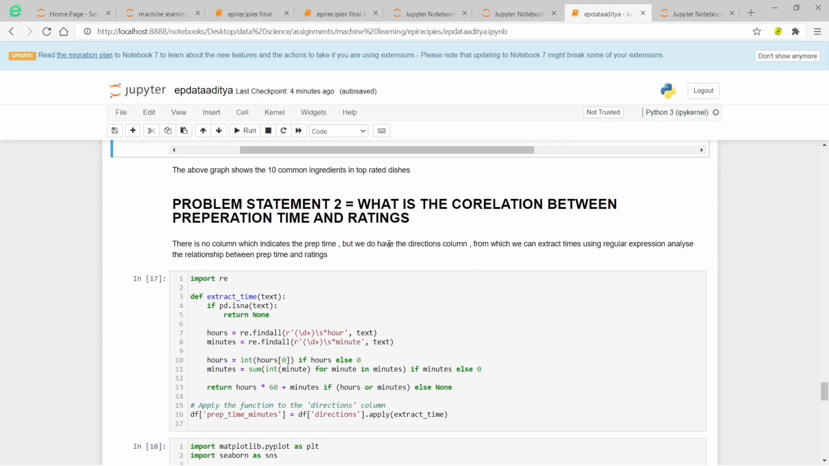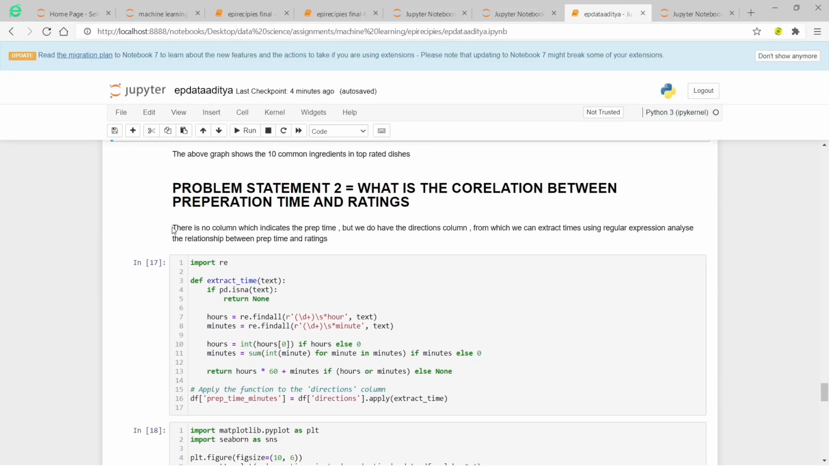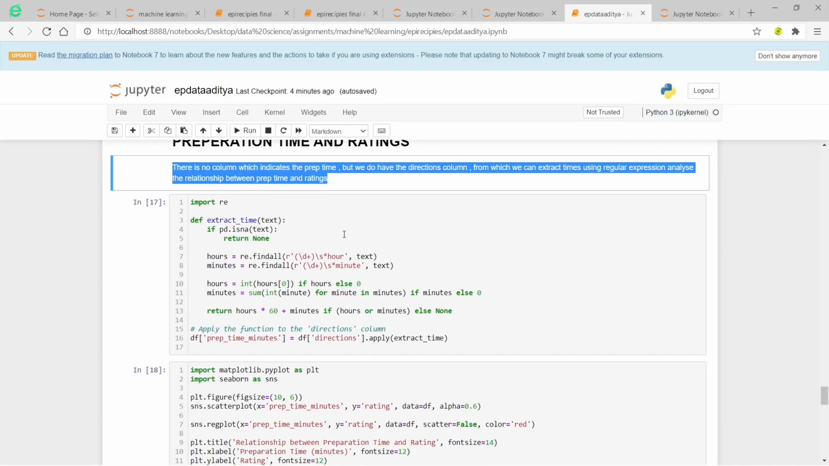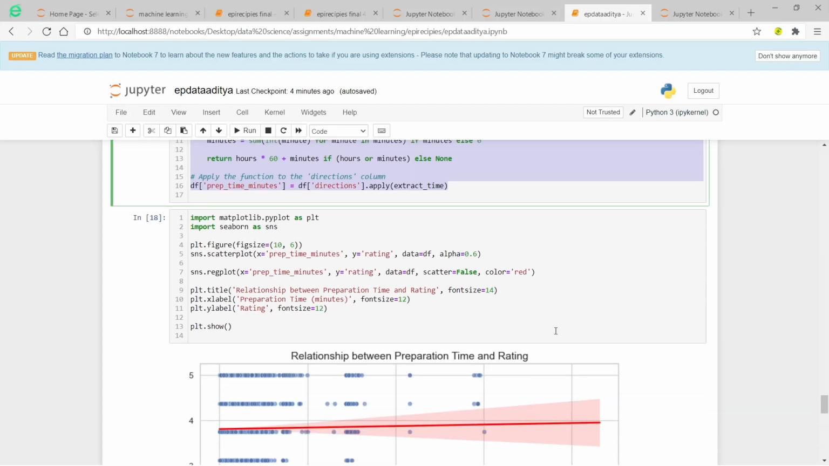Second is, what is the correlation between preparation time and rating? As we all know, there is no column which indicates the preparation time, but we do have the directions column from which we can extract time using a regular expression and analyze the relationship between time and rating, and we do that by importing re. This line of code will extract the time from the directions column, and this code shows us